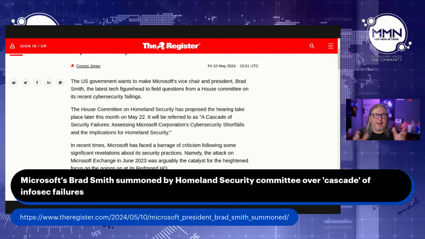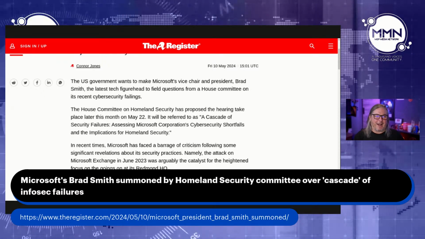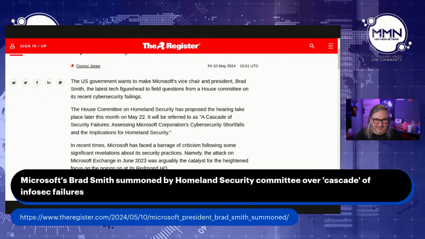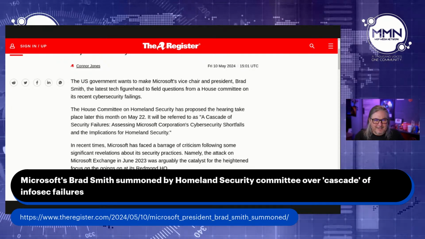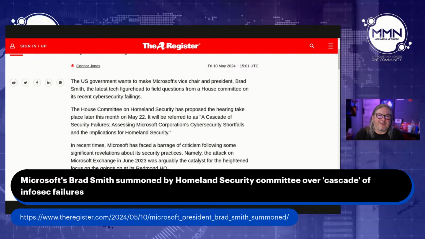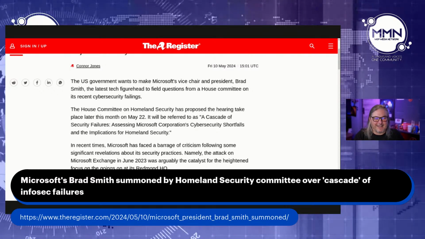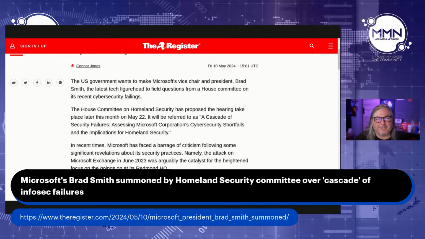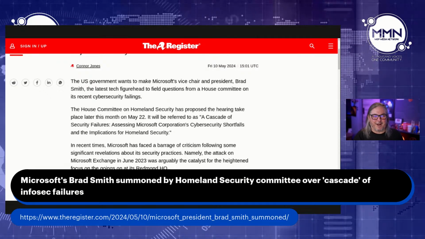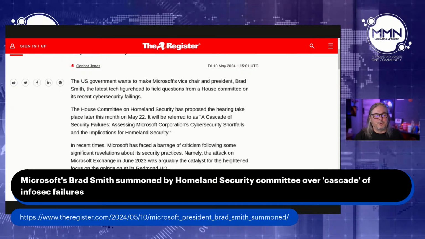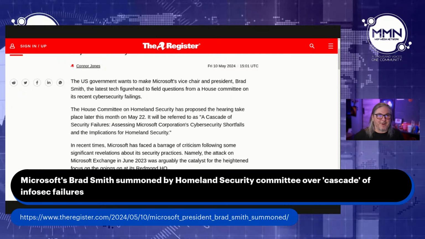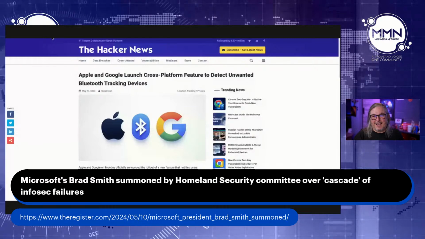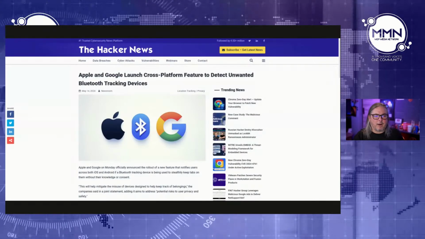I know it's completely security theater, not actual security. I like the fact that they run through and get a grilling from the old people asking the tech guys questions. That's how I look at it. But there's some pleasure I take in watching them squirm in the chair for 2 hours. I don't know that it really does any good, but Microsoft certainly doesn't like being there. It's not good for press. And so that's why they knew this was coming, which is funny because the other story Kevin wrote was before that was announced. So, hey, cool. They're getting grilled again. This is just another happy story that's finally coming around.